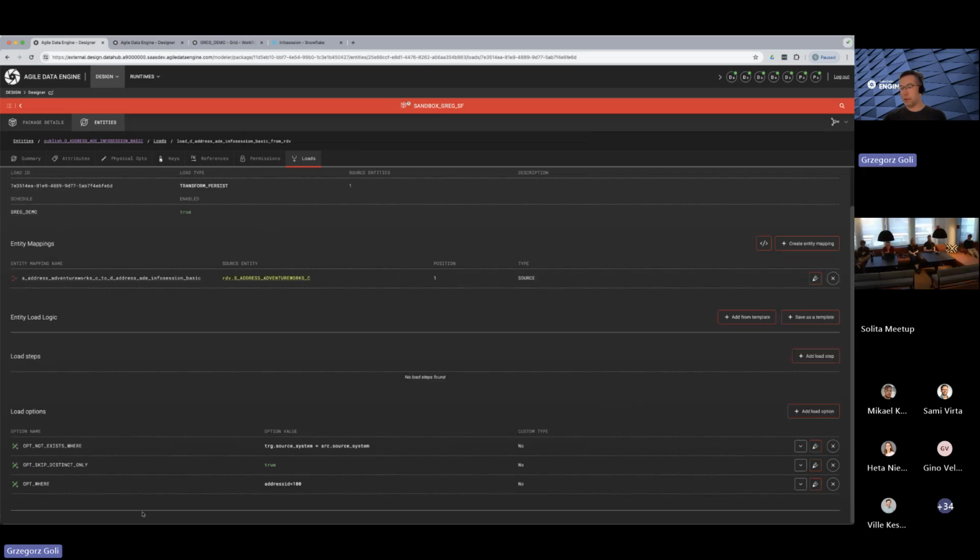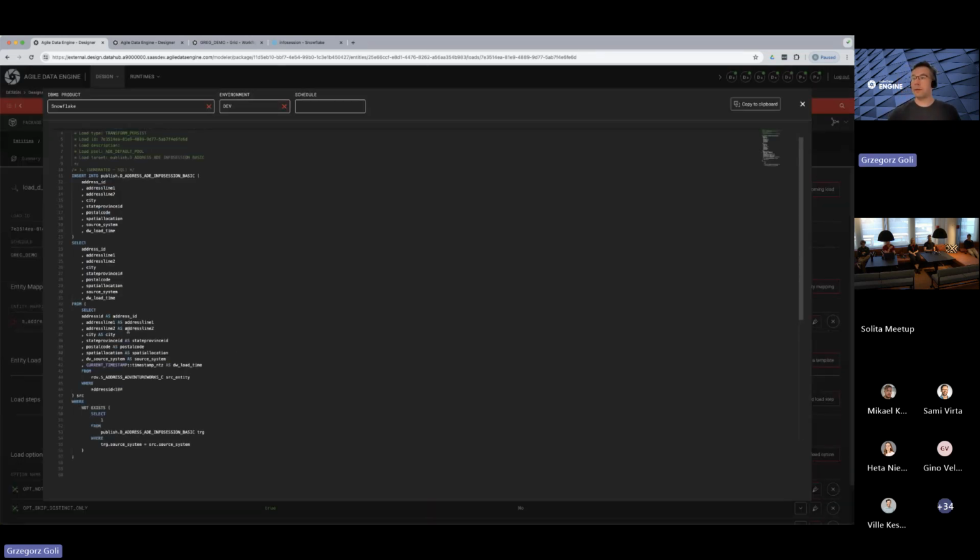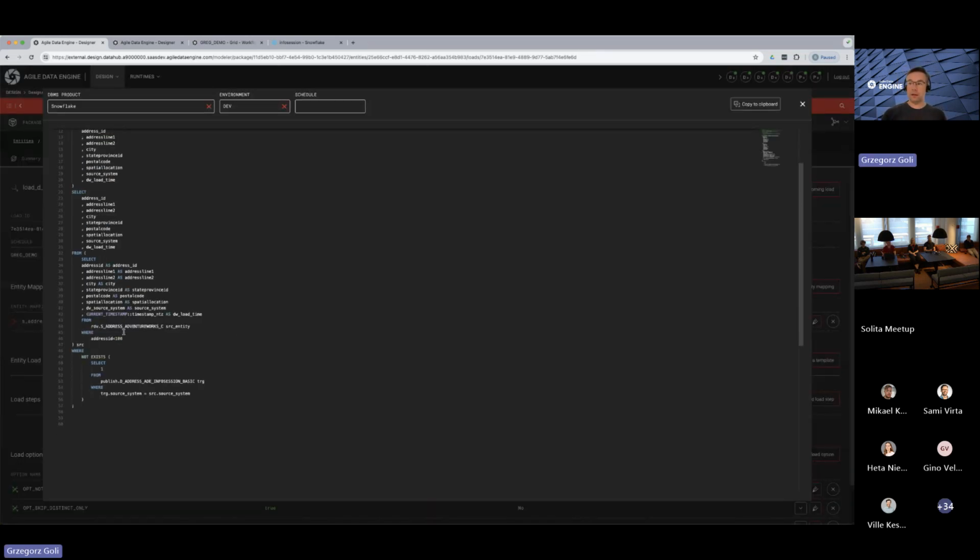So if we add it like this, what it will do for us is, the SQL has started to grow a little bit more. So it added this part of the where not exist statement. The condition we added was added to that not exist clause, and then the condition we specified there